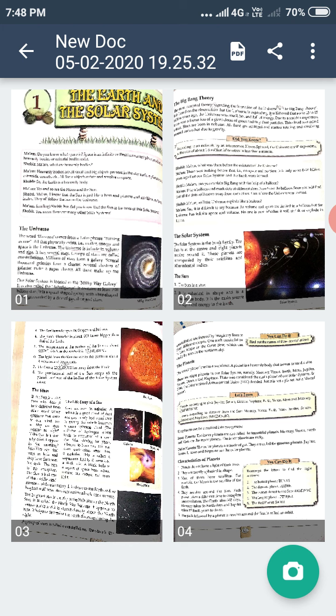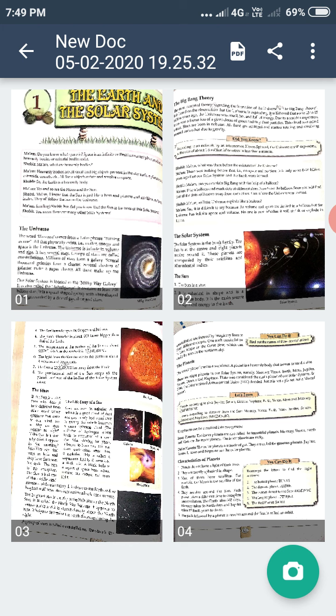There are 8 planets in our solar system, that are Mercury, Venus, Earth, Mars, Jupiter, Saturn, Uranus, and Neptune. Now, these planets are divided into two groups. Some planets are rocky in nature, they are made of rocks, like Mercury, Venus, Earth, and Mars. So, they are called terrestrial planets and they are the inner planets.